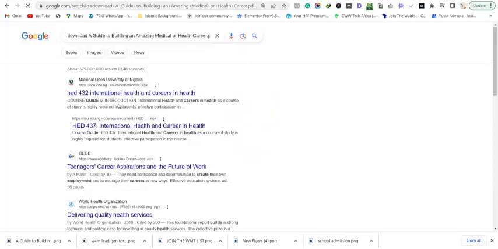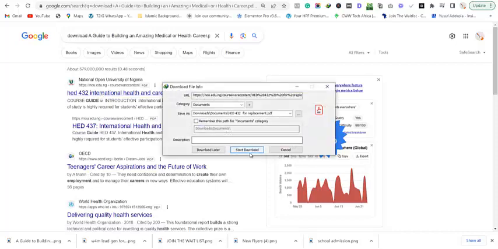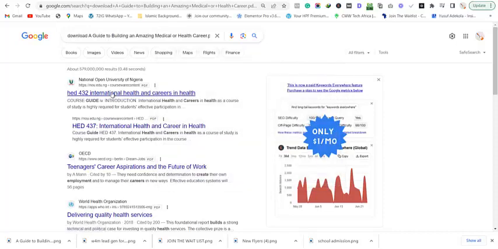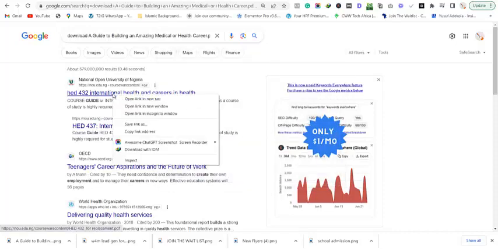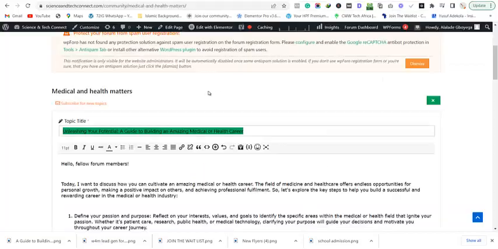Can you see? Look at this PDF now. If you click on this PDF directly, it will start downloading. Look at it. Can you see? Start download. So what you will now do is you just copy the link. You just right click and copy. You say copy link address, right? So you now come back to your post and say,